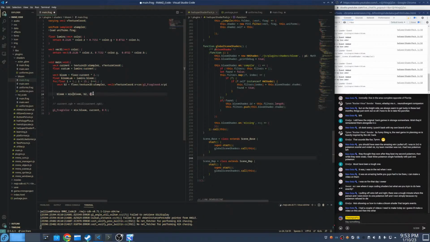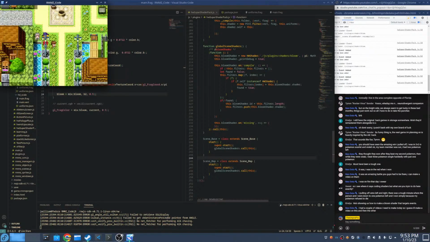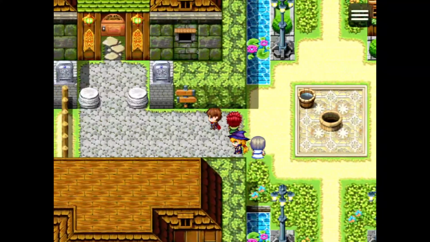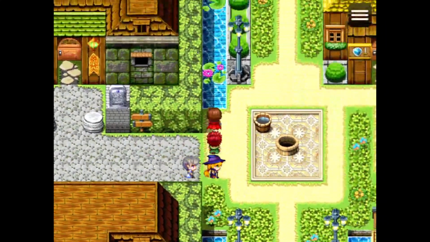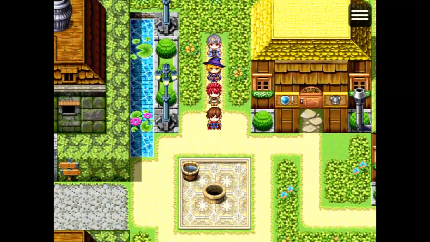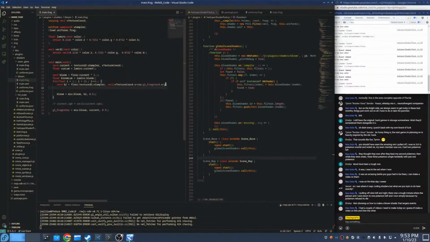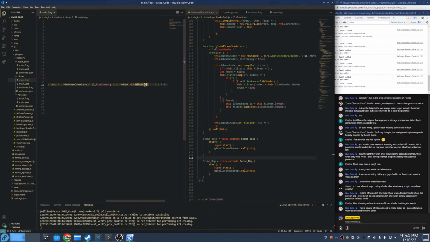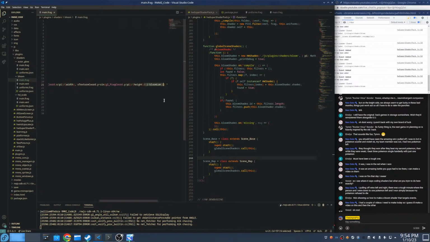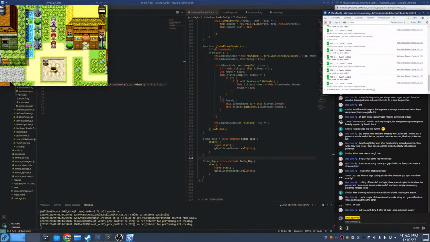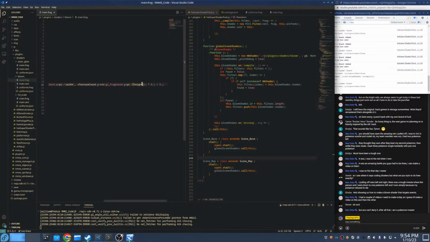Maybe it's this. Oh, we're getting there. Yo, we're getting there. Okay, yeah, so bloom long times height